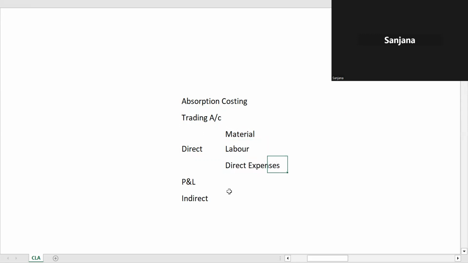डायरेक्ट एक्सपेंसेस आर लाइक रॉयल्टी एंड ऑल दैट, ठीक है। तो एनी एक्सपेंस विच इज डायरेक्टली डन फॉर मटेरियल और लेबर एंड विच इज नॉट मटेरियल और लेबर, बट इट इज डायरेक्टली डन फॉर द मैन्युफैक्चरिंग प्रोसेस, वो हो जाता है आपका डायरेक्ट, ठीक है। तो ये हो गया, लेकिन जो मैं बोल रहा हूँ, बट इन एज पर प्योर कॉस्ट अकाउंटिंग क्या होता है कि हाउ डायरेक्ट, क्योंकि आई एम एक्सप्लेनिंग इट टू यू बिकॉज यू आर गोइंग टू बी कॉस्ट अकाउंटिंग स्टूडेंट्स, ठीक है, यू आर गोइंग टू बी कॉस्ट अकाउंटेंट्स, तो आपको इन डेप्थ में ये जानना जरूरी है, यू नीड टू अंडरस्टैंड दिस इन डेप्थ, ओके।